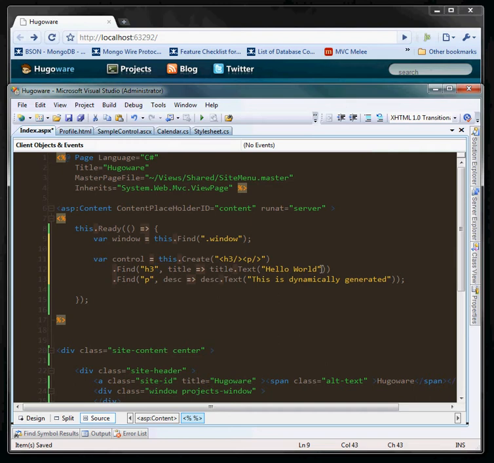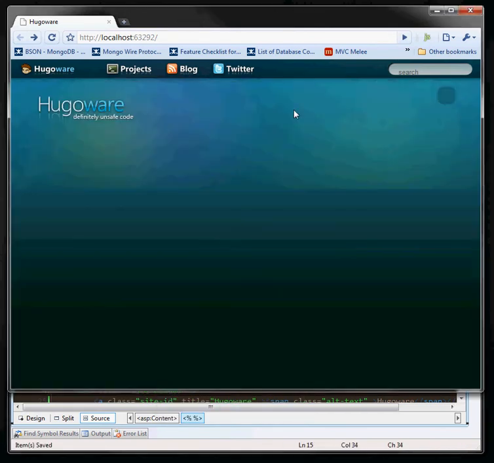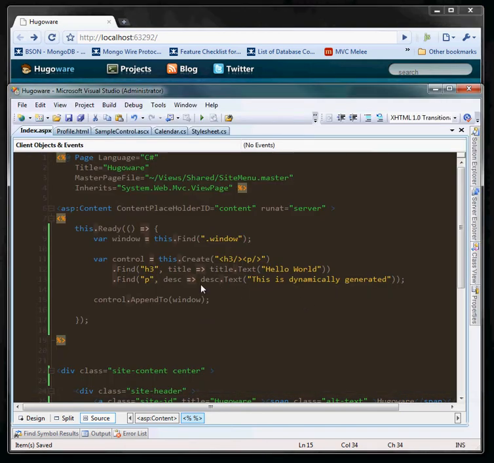So if you ever see what that is, that's just so you can stay within the context of the original element. So anyways, we've created this control and now we're going to attach it to the page. Now when we run our page, there's nothing out there, we run it, and you can see we've got our hello world. Now like I was mentioning before, this is all within this ready event, but if we wanted to, we